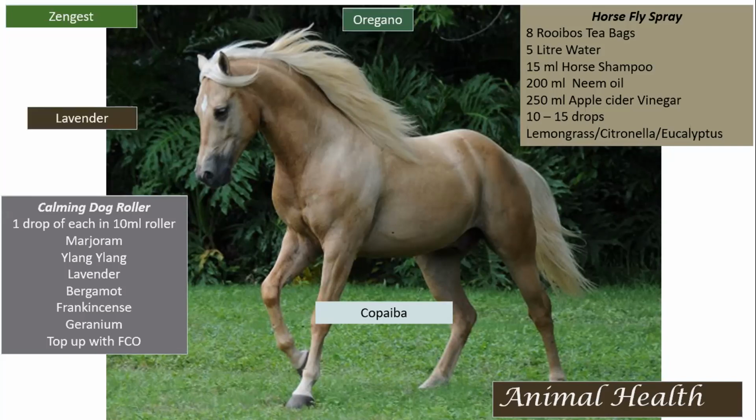Then this is my greatest testimony, is the lavender yet again. Now, 3 weeks ago, I needed to move one of my horses to a premises 130 kilometers from our farm. Now, this particular horse weighs 500 kgs. She's very anxious, and she does not like the horse box. Apart from being anxious, she's also very claustrophobic. So when I knew that this move is coming up, I was also anxious, and I said, well, I'm not going to tow her there, because I was towing her the 3 previous times that she made this huge commotion